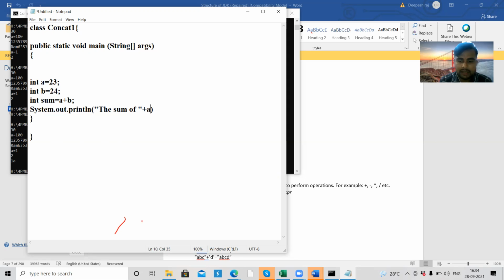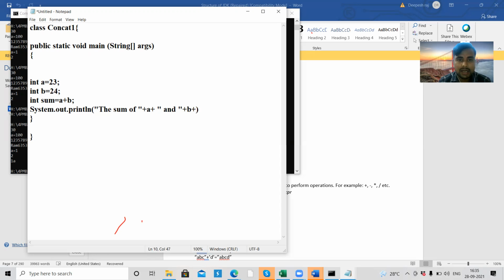And then "and" is not a variable anywhere, so we need to concatenate it here, plus, and then in double quotes "and". Let's put some spaces so that it comes out properly. And B. B is already a variable we have defined, so 24 is going to get printed here.